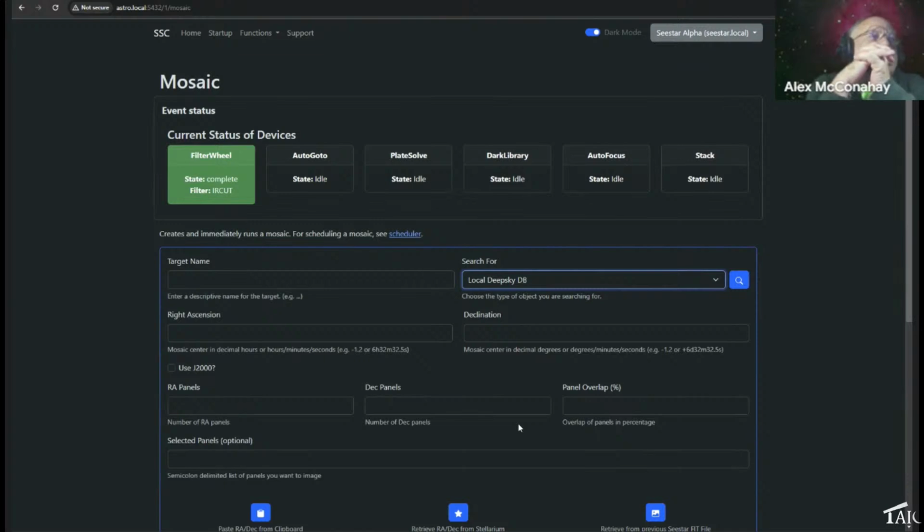The frames are stored on the Seestar. There are two ways to get them off. You can plug it in via USB to your computer. It'll show up just like any other USB drive, and you can copy the files directly from there. Or if you have your Seestar set up in station mode, where it connects to a wireless network, you can connect to it over the network using a network file share and copy the files to your computer.